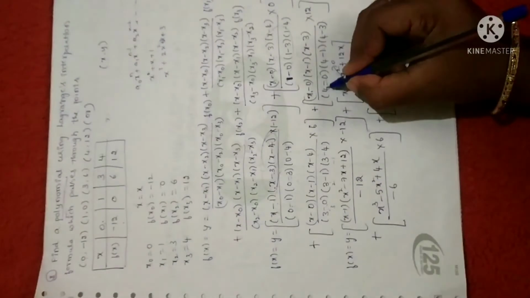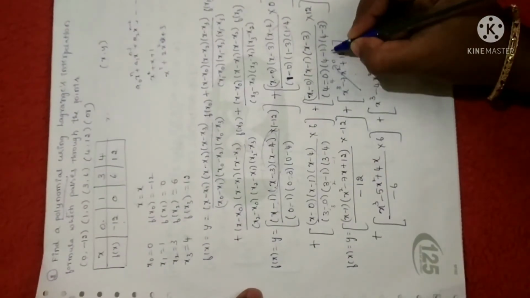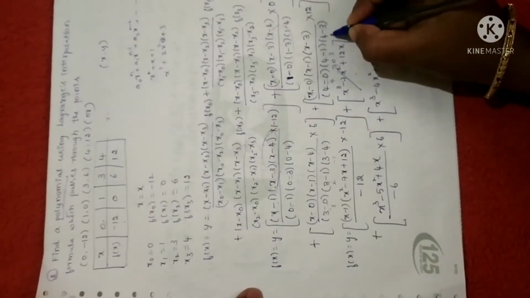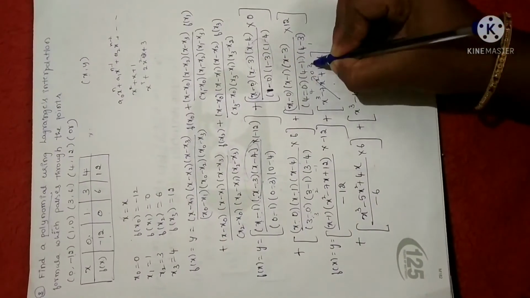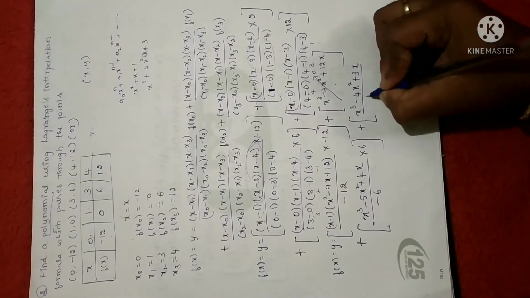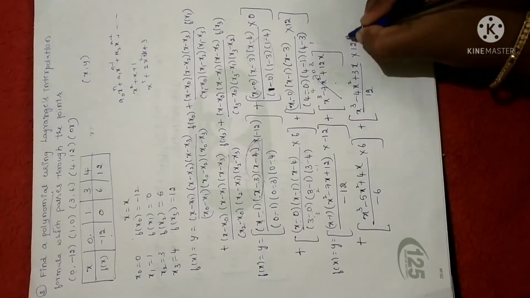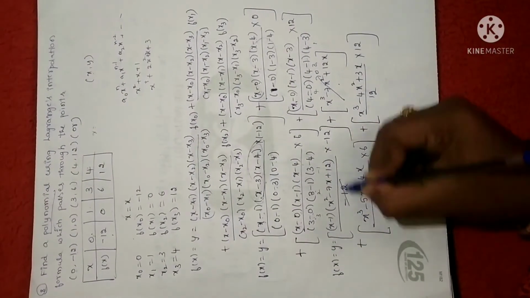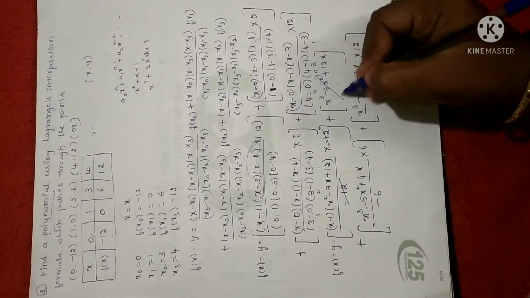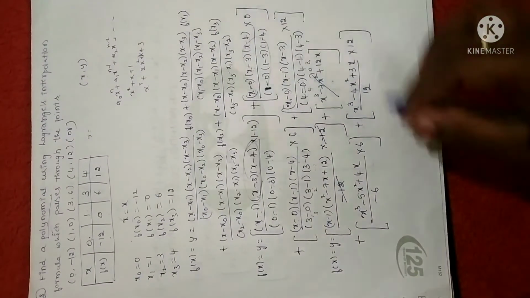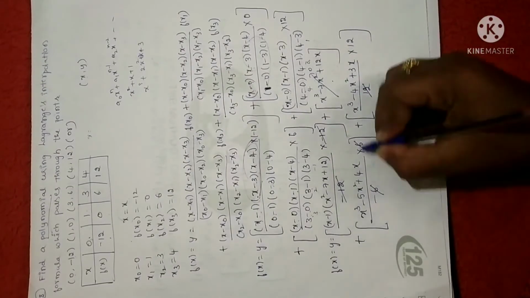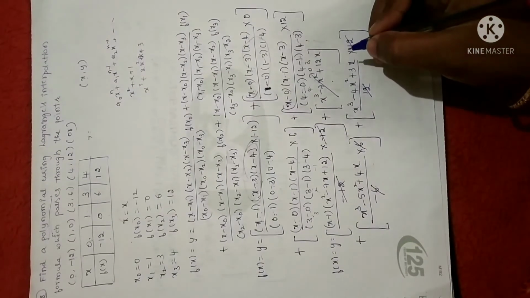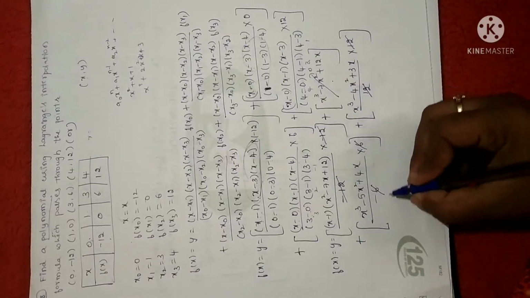Now coming to the denominator, 4 minus 0 is 4, 4 minus 1 is 3, 4 minus 3 is 1. On multiplying the denominator, 4 into 3 into 1 is 12. So you will get 12 into 12. Now let me simplify. Minus 12 gets cancelled. The old term goes to 0, because 0 into anything will be 0. Again, plus 6 and minus 6, so 6 gets cancelled, 12 gets cancelled.